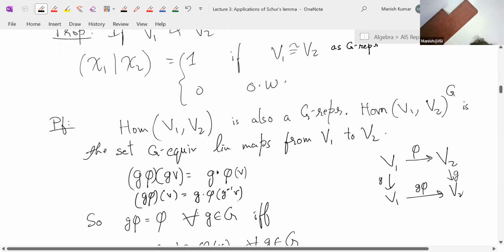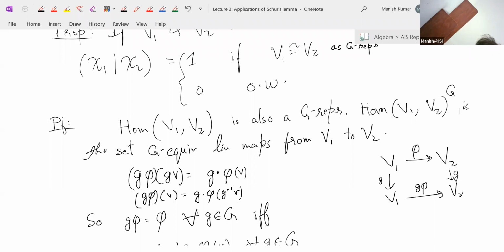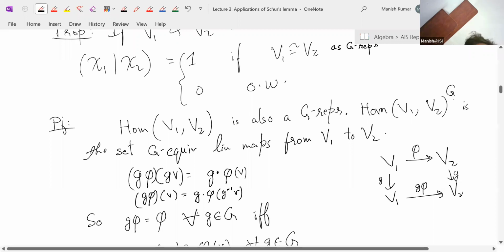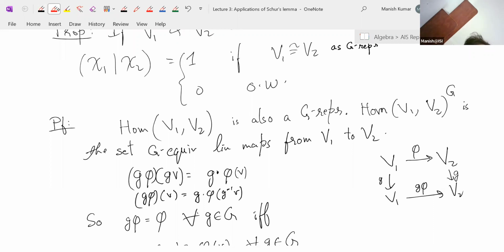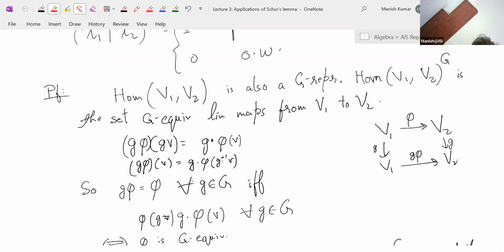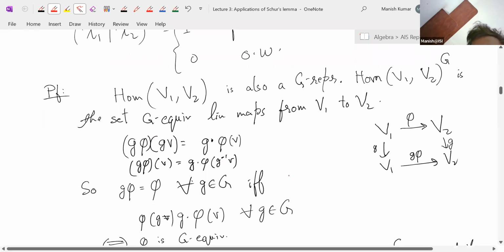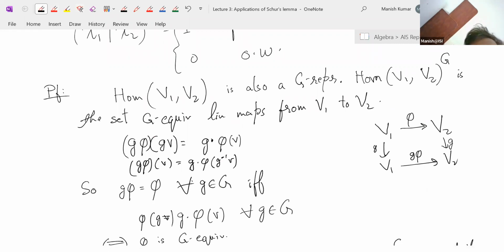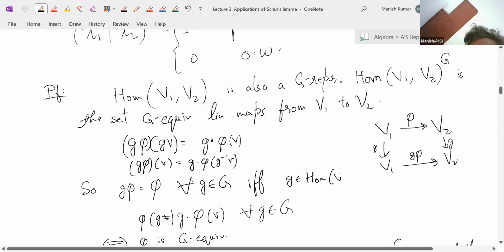So what are the elements in Hom(V1, V2)^G, the ones fixed by G? If we want to characterize these elements, they are precisely those phi such that g phi is equal to phi for all g in G, where by g phi we mean this formula in this linear map. This is if and only if phi belongs to Hom(V1, V2)^G, and this is equivalent to saying that g phi is equal to phi; putting it in the above formula tells you that phi of